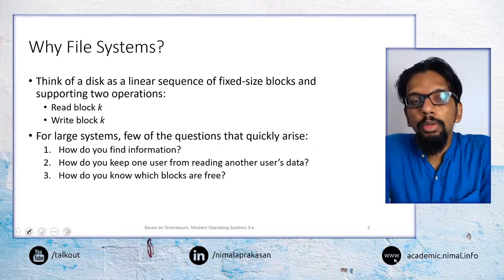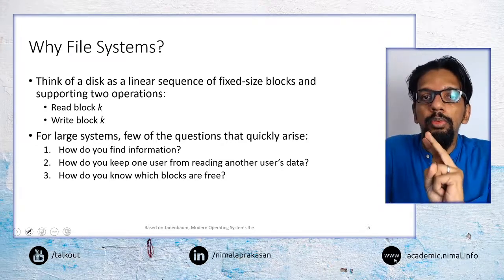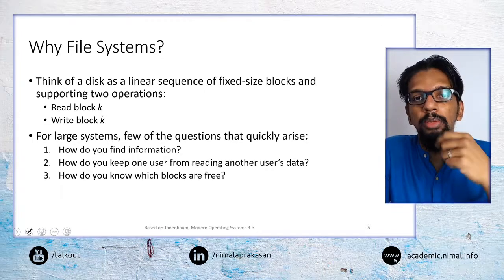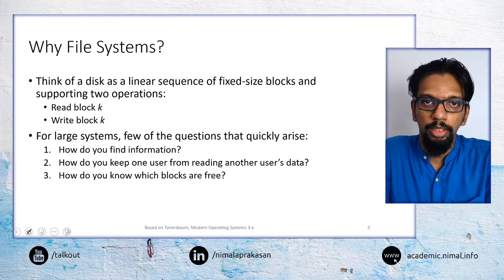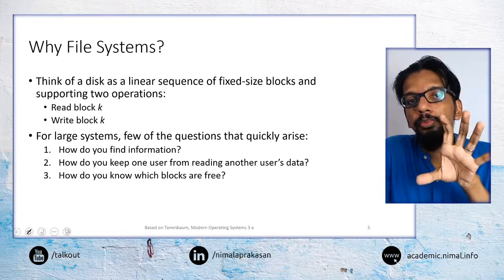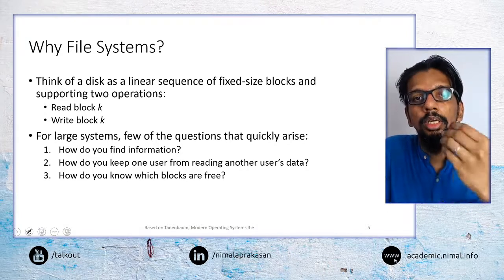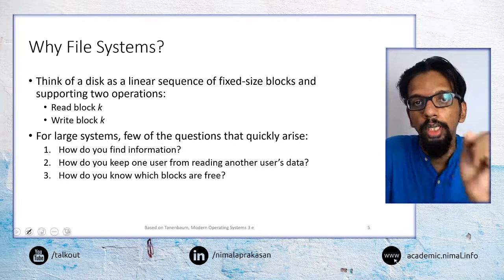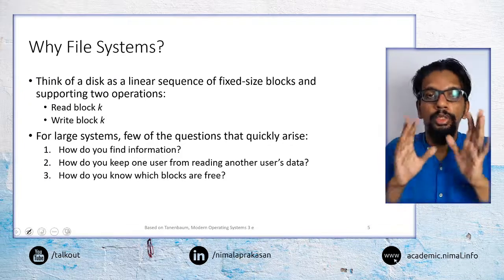So when we think about a storage medium, a storage mechanism, we can identify two main things that we would expect that storage medium to support. We should be able to write some information, and then we should be able to read that information back. Those are the fundamental operations or functions a storage technology, a storage medium, should support: reading information and writing information. That is the basic thing.